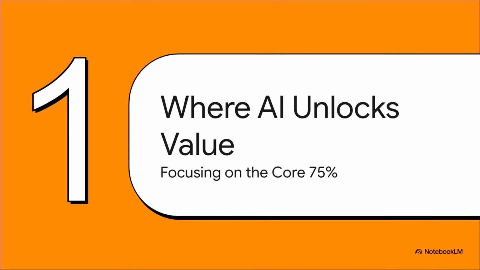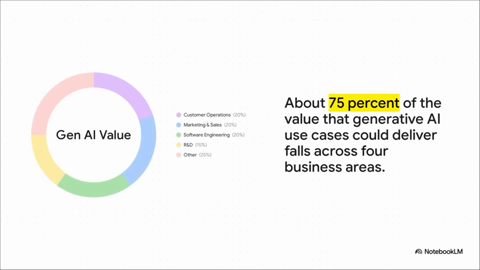Is to focus where AI can make the biggest splash. And lucky for us, the data gives us a really clear roadmap. And you know what's really fascinating? Just how concentrated this whole opportunity is. When McKinsey looked at the numbers, they found that roughly 75%, 3/4 of all that potential value is packed into just